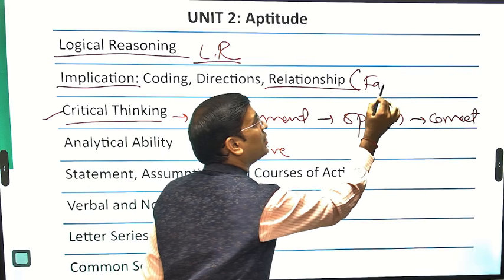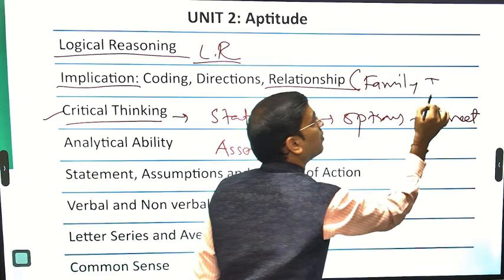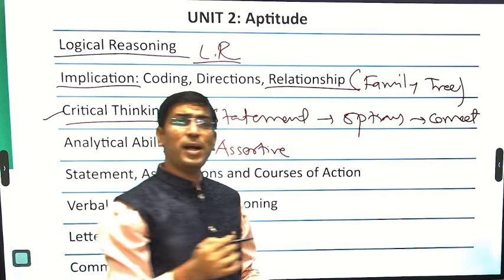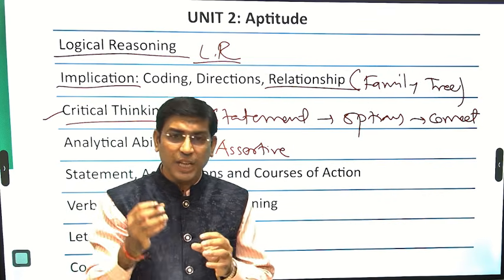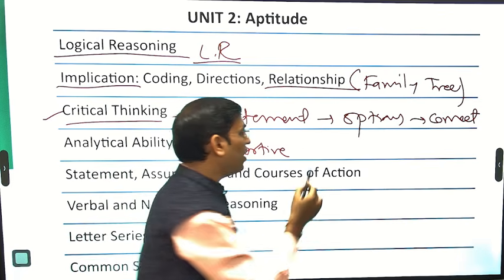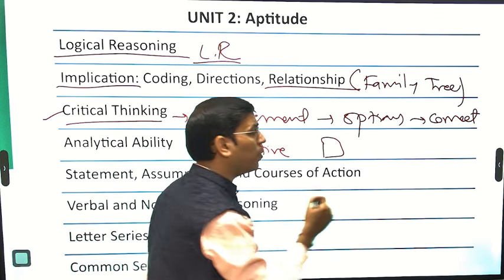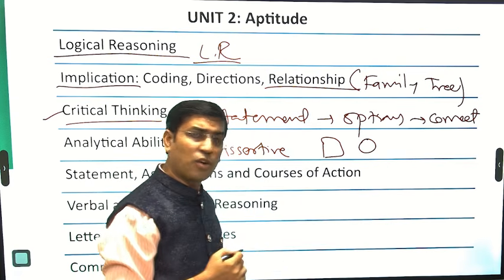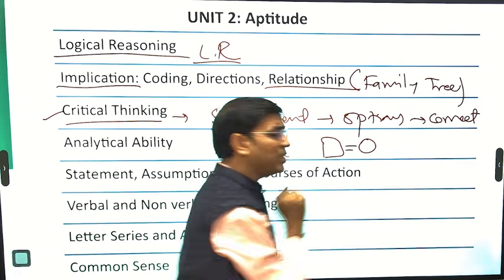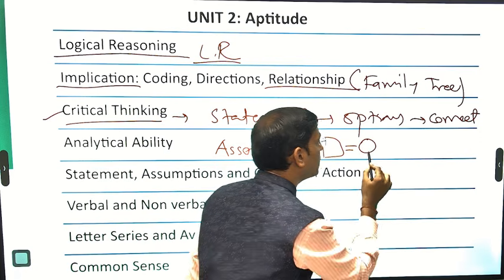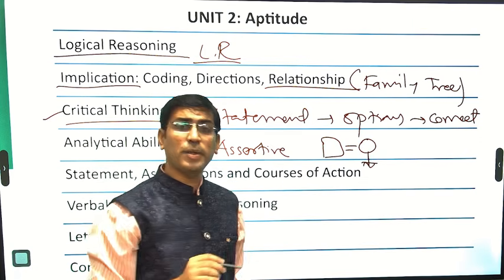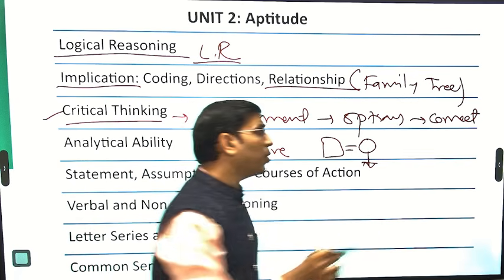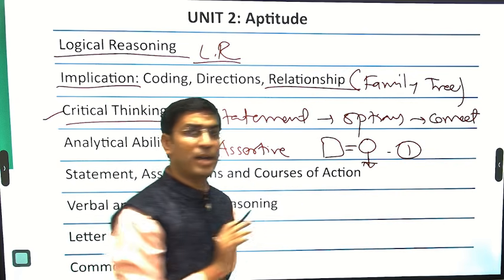It is nothing but what we call a family tree. So simple type of coding we are using over there. Like if suppose there is a male, square could be there. If suppose there is female, circle could be there. If husband of wife is equal, a symbol could be there. If son or daughter, likewise an arrow could be there. These are associated because at least one question could be there on the family tree.